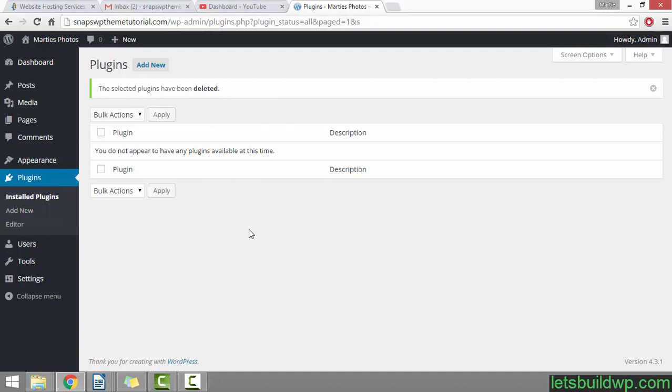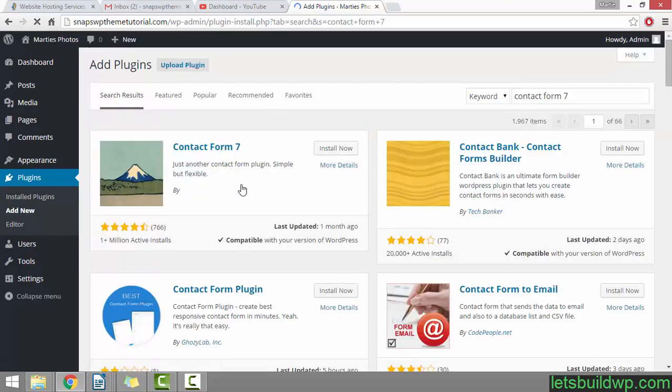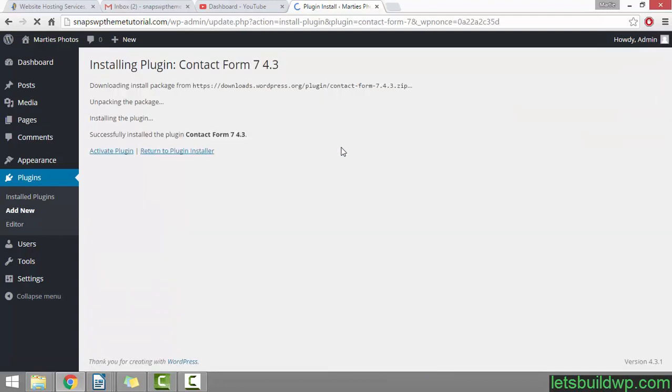Now we're going to add our contact form, so just click up at the top where it says Add New. Then on the top right here in the search bar, we can just type the words Contact Form and then the number 7. Then if you hit return on your keyboard to search, it should be this first one. If you just click Install Now, WordPress is going to install it automatically